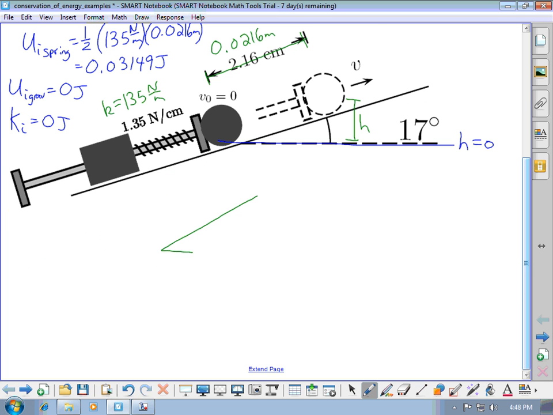And so just to redraw this to make this a little bit easier to see, along the incline, you have a distance of 0.0216 meters. This is inclined at 17 degrees, so we need this height. So the sine of 17 degrees equals the height over 0.0216, which gives the height when it's leaving the spring